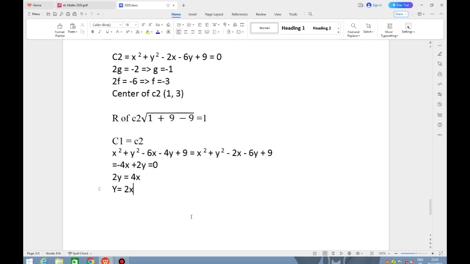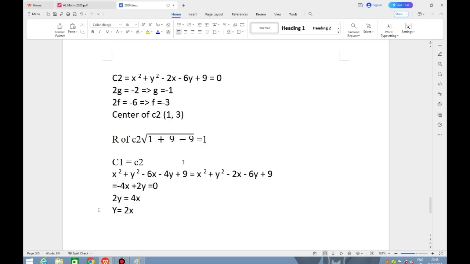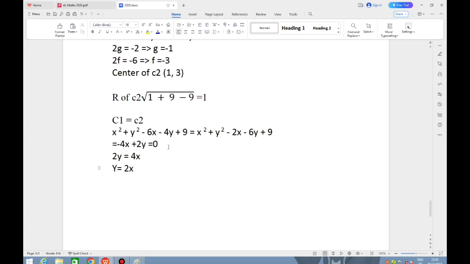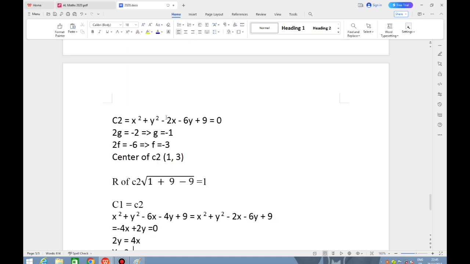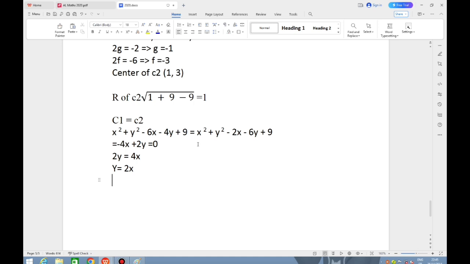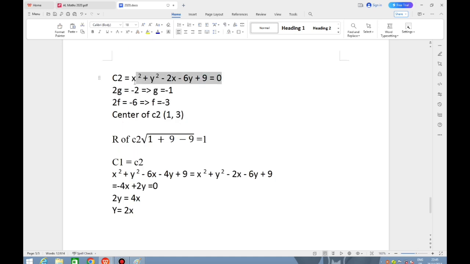Now this is the equation of the line passing through the points of intersection of circle 1 and circle 2. Now we can proceed to solving the next part. Simply substitute y equals 2x into either equation 1 or equation 2. You can decide to use equation 2, since it looks complicated. So substituting y equals 2x in the equation of circle 2,